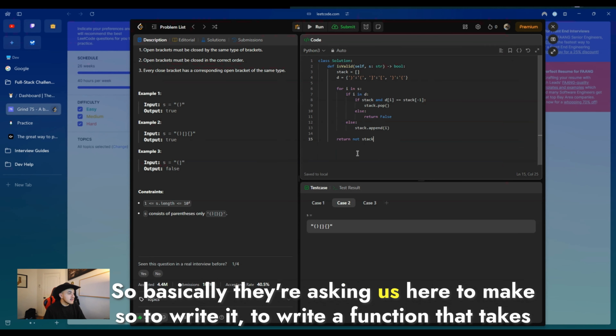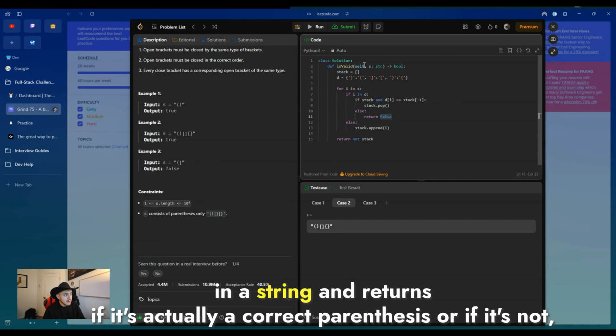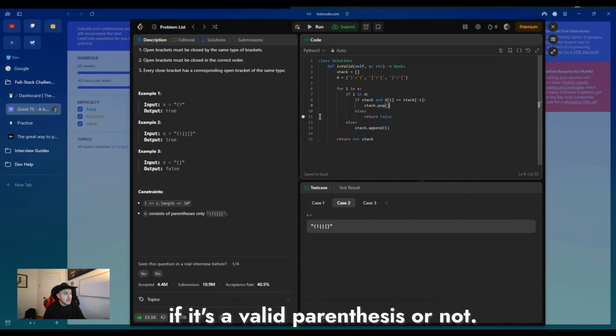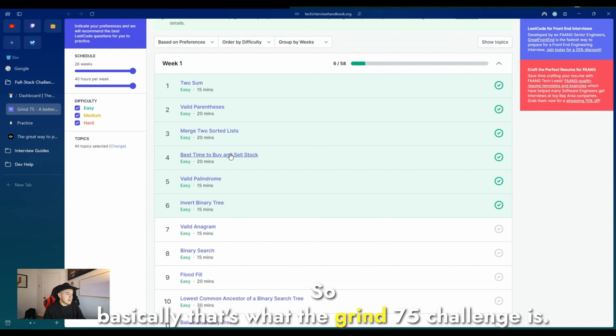So they're asking us to write a function that takes in a string and returns whether or not it's a valid parenthesis string. That's what the Grind 75 challenge is.